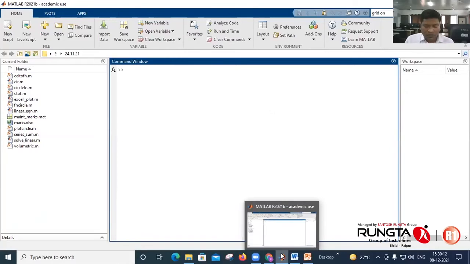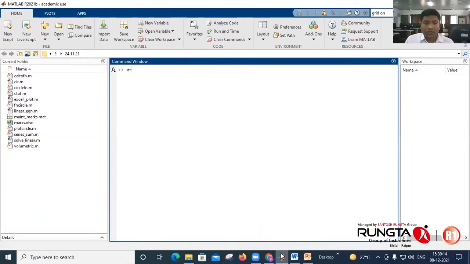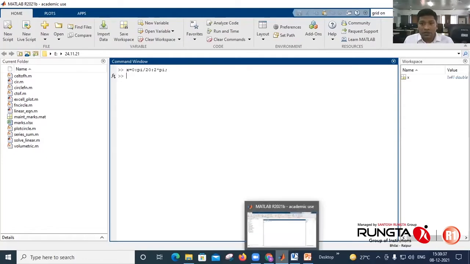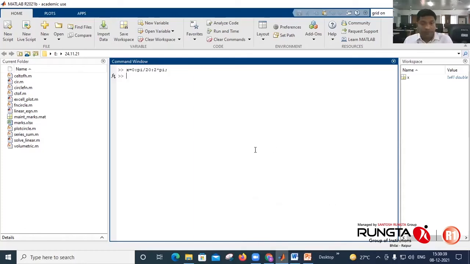First define the variable x equals 0 to 2 pi. So I define x.